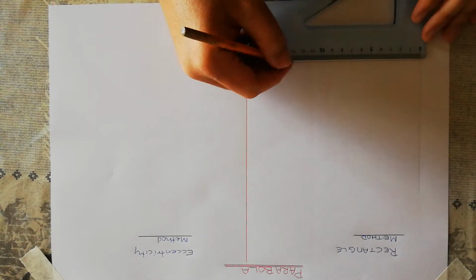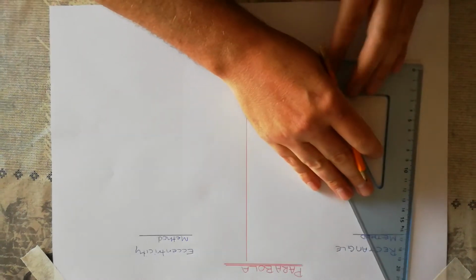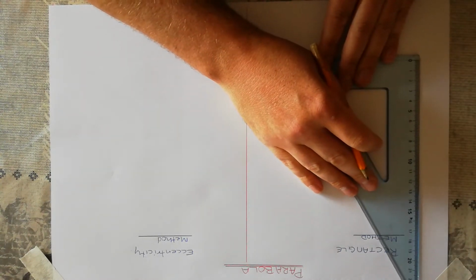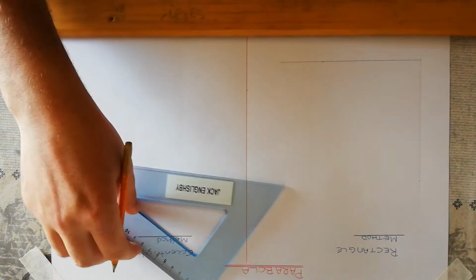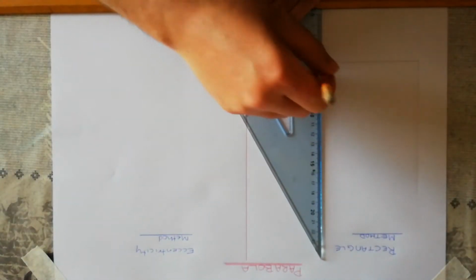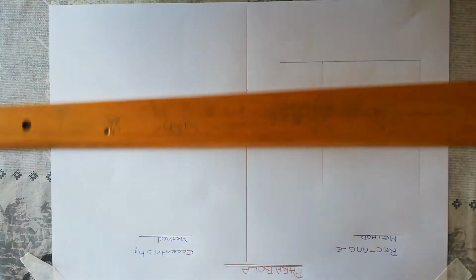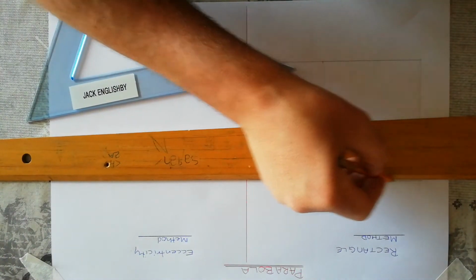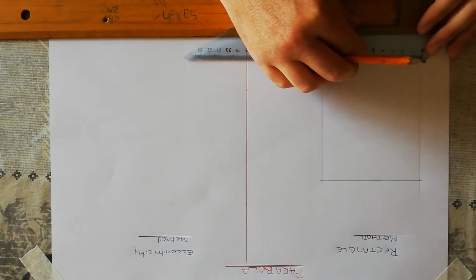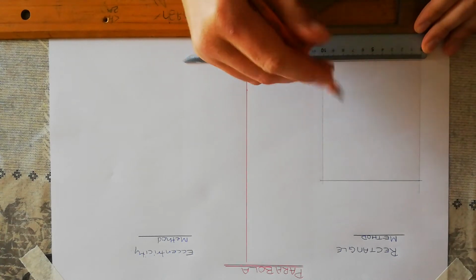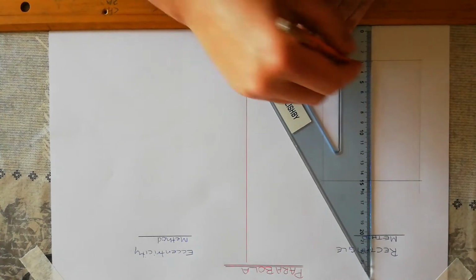So I'm going to draw a rectangle that's 100 mil by, say, 120 mil. Okay. Now this is to draw a parabola inside a rectangle. So to draw the parabola inside the rectangle, as shown, we have to divide it up into equal parts on each side. So when we're doing this here, the parabola,